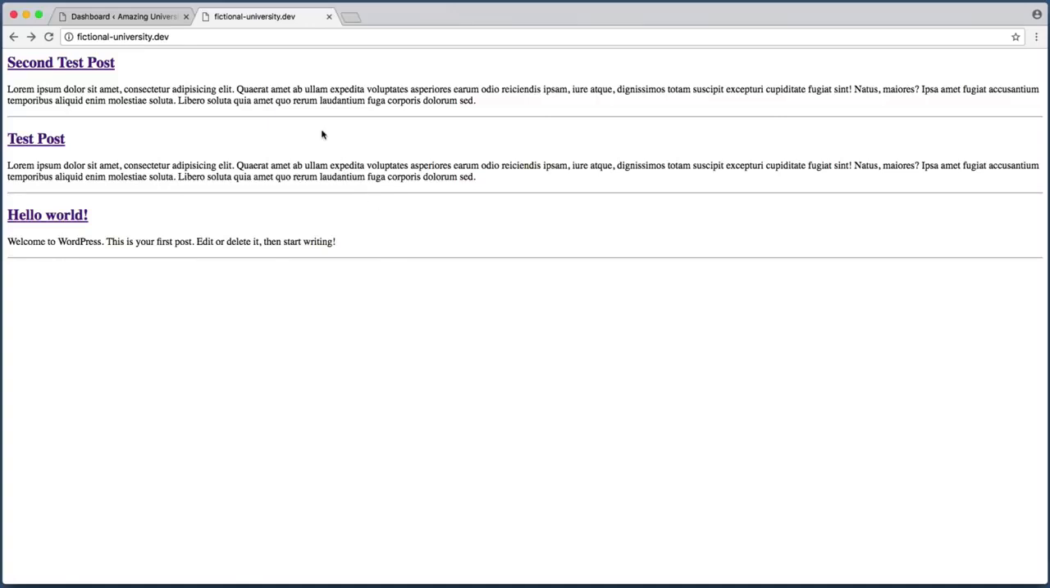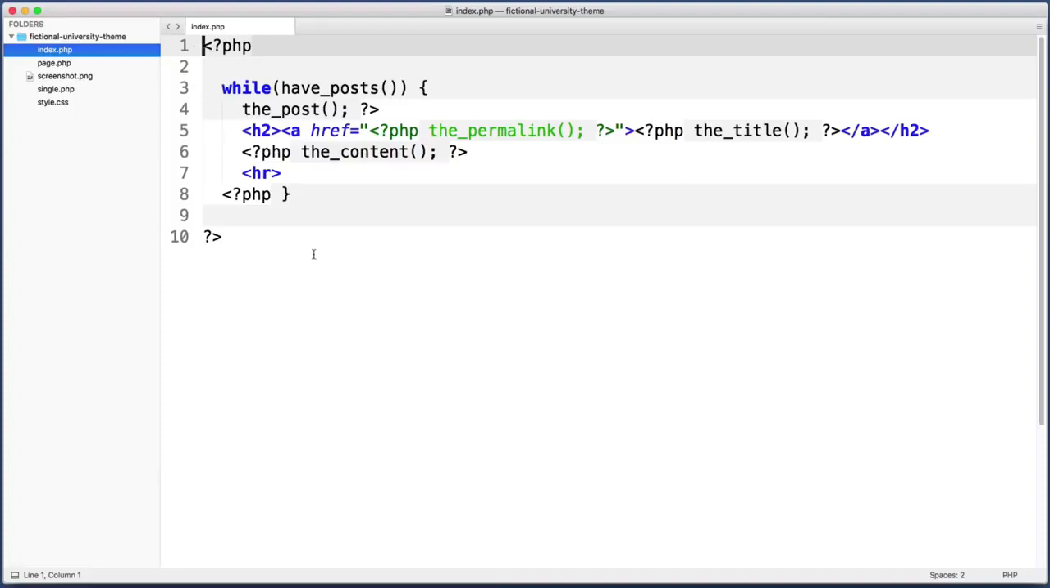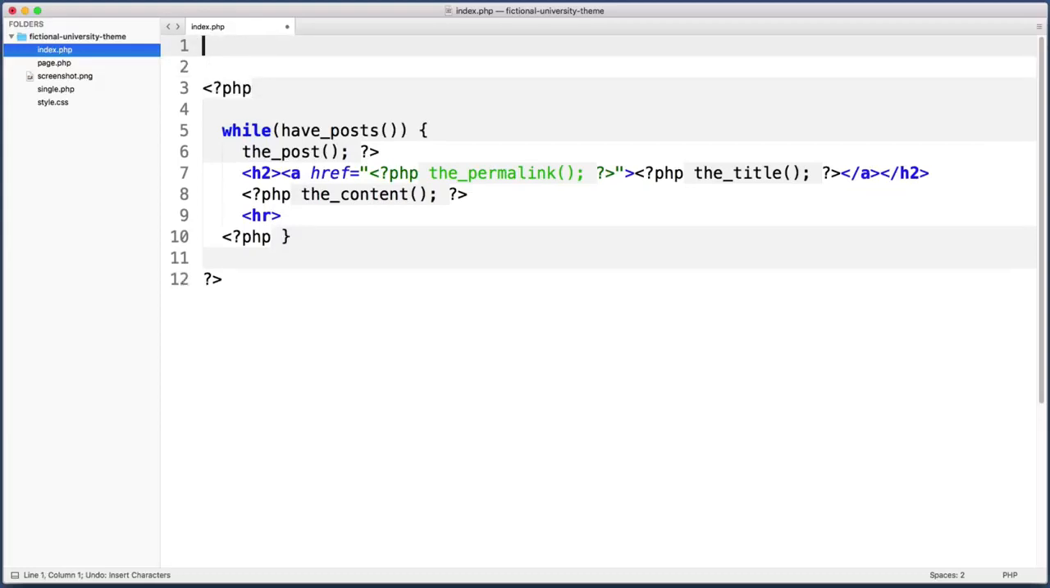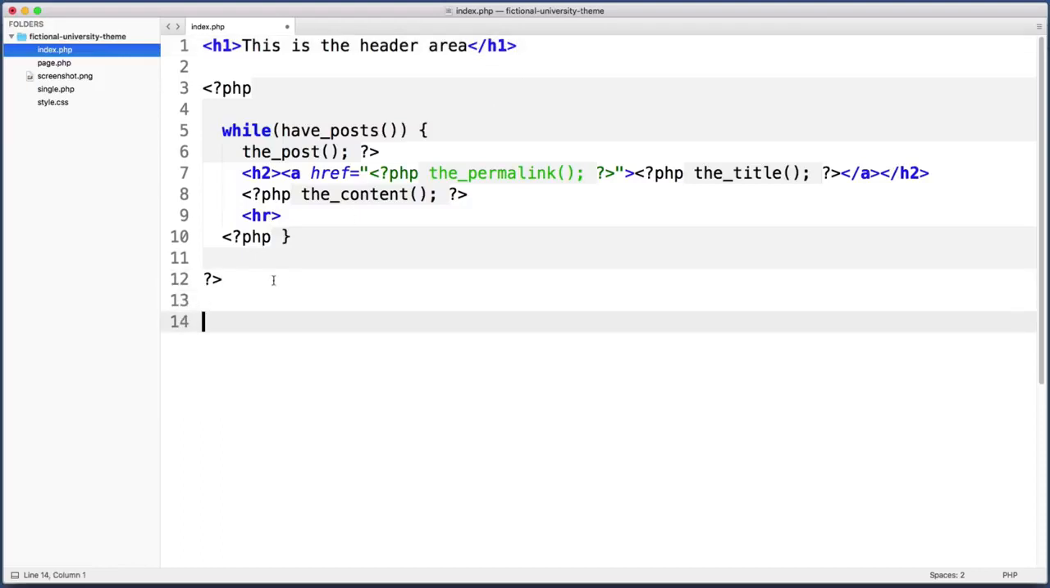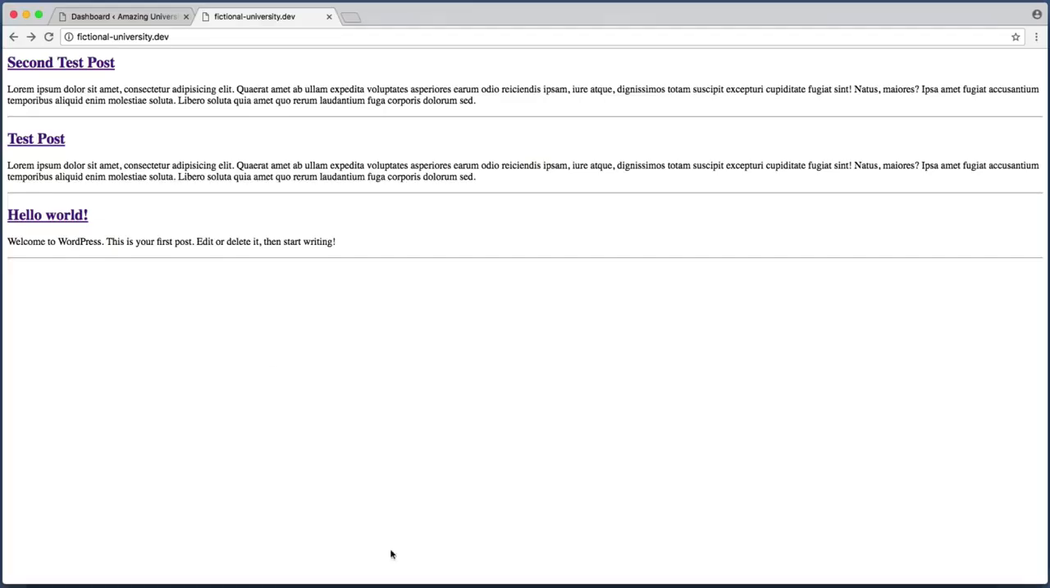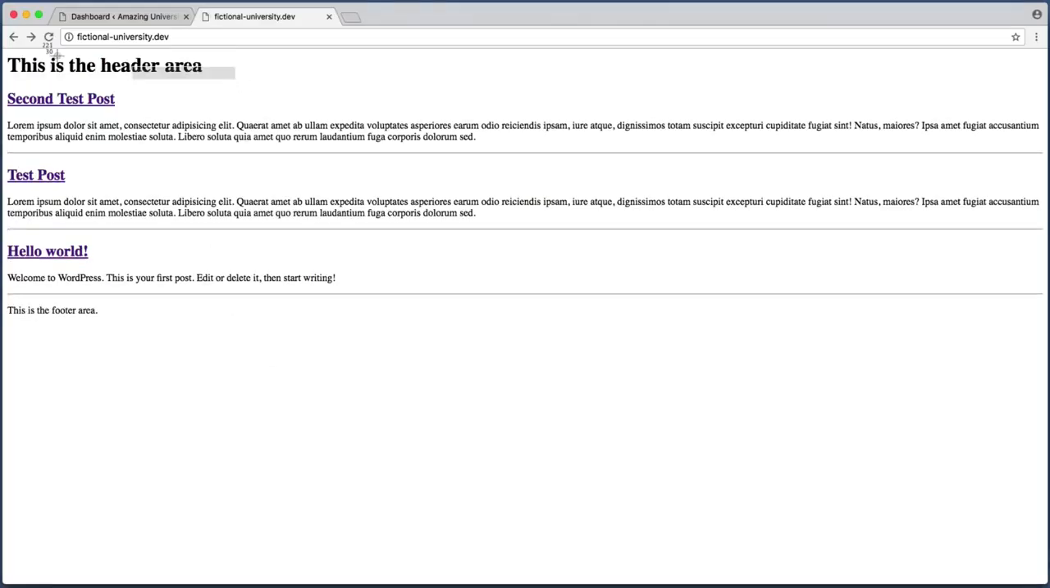So if you want to add content at the very top and bottom of your pages, your first instinct might be to go into your index.php file in your theme folder and just add something up at the very top. So even before the opening PHP tag, you could include an HTML headline that says, "This is the header area." And for the footer, down at the very bottom, after the closing PHP tag, we could say, HTML paragraph, "This is the footer area." And if I save this and refresh the home page, cool, we have a header and